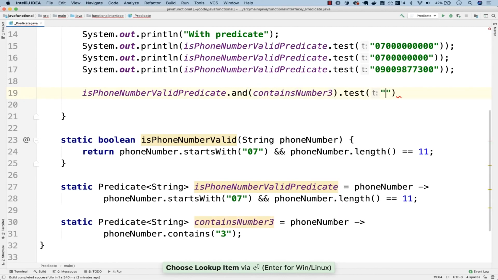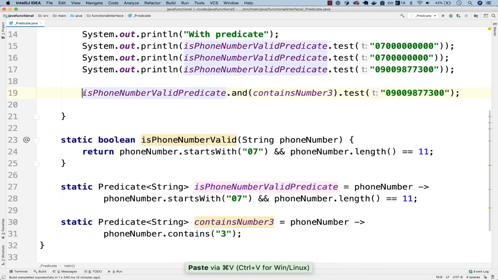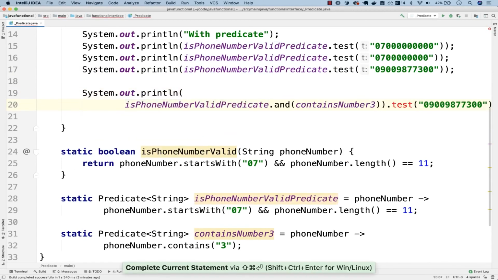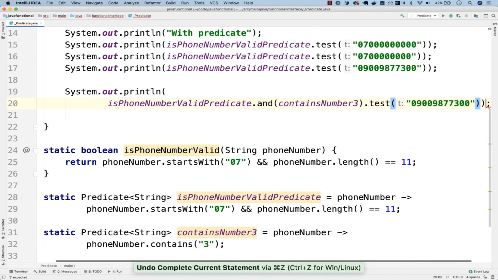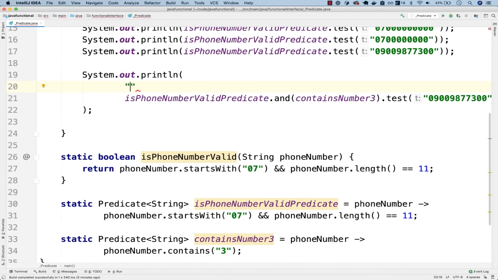Let's actually pass this number right here, so the last one, there we go, and let's wrap everything within a System.out.println. Let me put this on a new line and just like this, there we go. So if I say right here isPhoneNumberValid and containsNumber3 equals, and then plus the actual result,